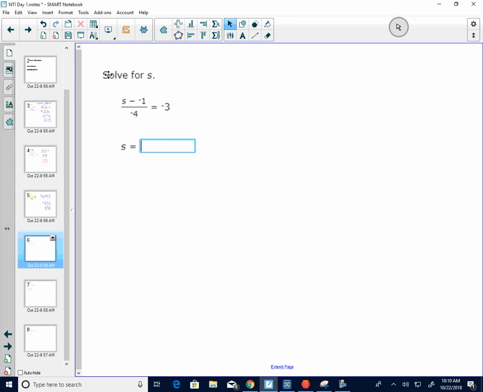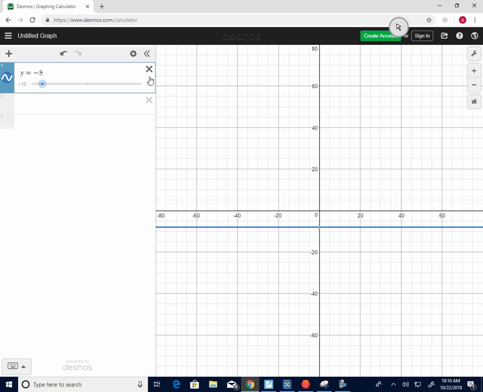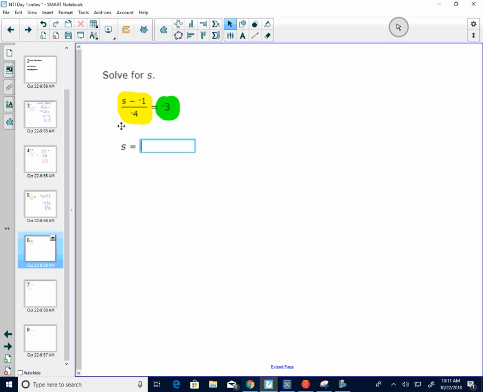So let's work out this next one. This is solve for s. Let's first look at it in the calculator. Everything before the equal sign goes in y1, and then everything after the equal sign can go in y2. So if I come back to my calculator, close those out. I needed to say y equals, and then I'm going to have to use some parentheses to get this